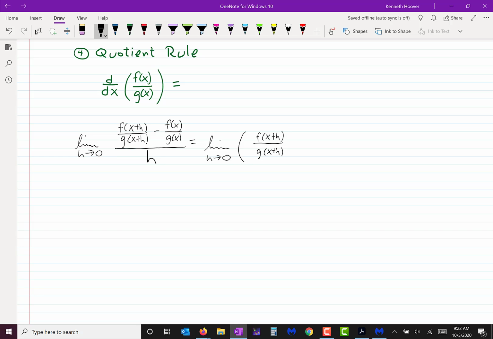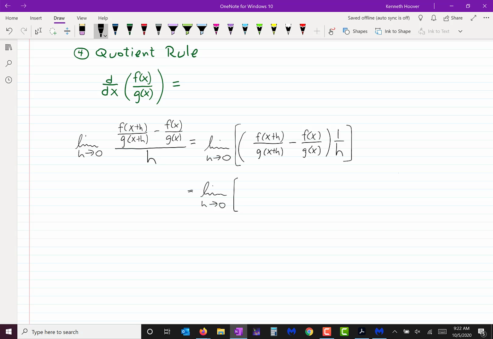That guy minus this guy times 1 over h. Okay? The limit of that whole thing. And the next thing I think we should do that would make sense